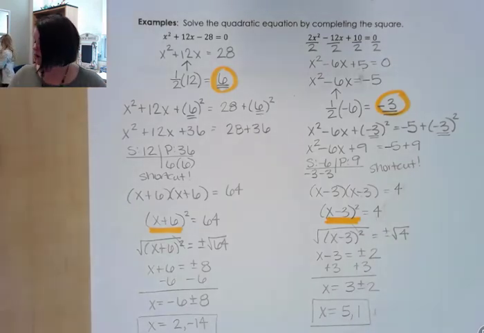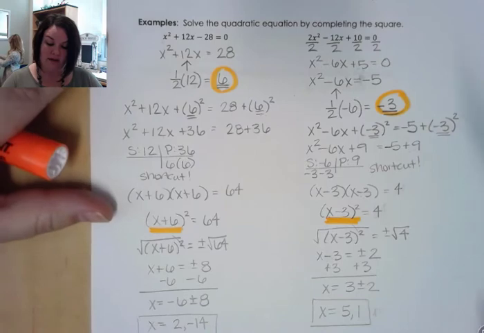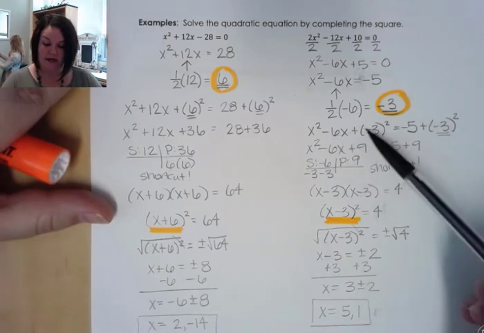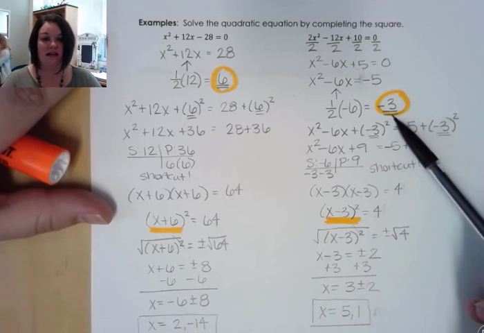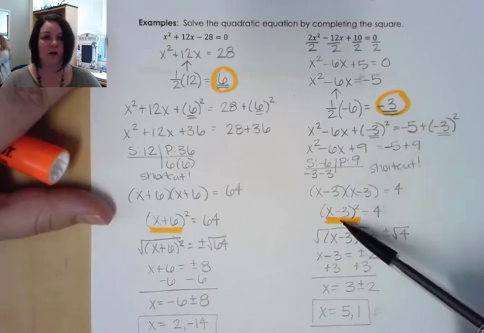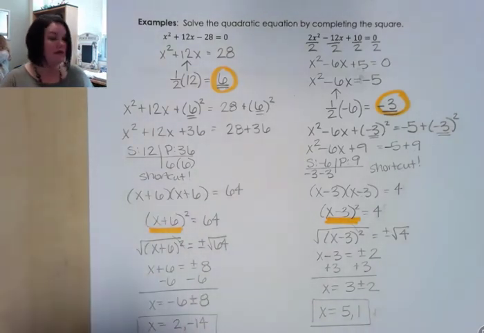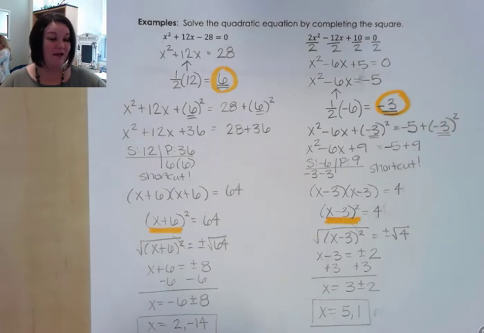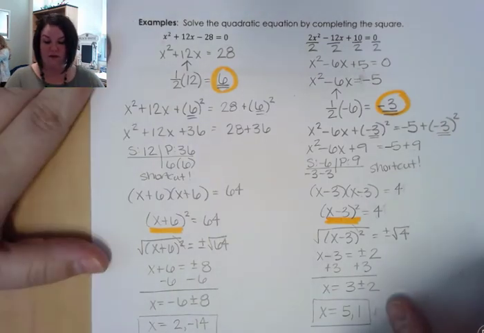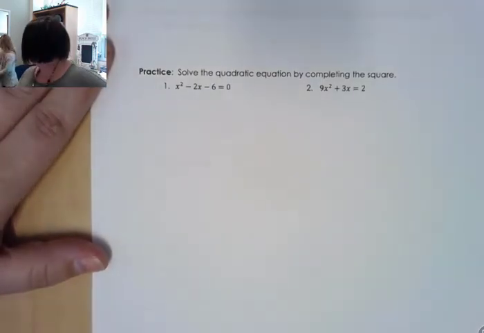Okay, so I want to work a couple more, but I'm going to use the shortcut on these other examples. I'm not going to be squaring it on the left hand side and working out this whole factorization. I'm going to go straight from this highlighted number down to my squared quantity so that y'all can see what that looks like using the shortcut. If you don't like the shortcut, you can of course always work it out completely using this method. Okay, so on the next page,